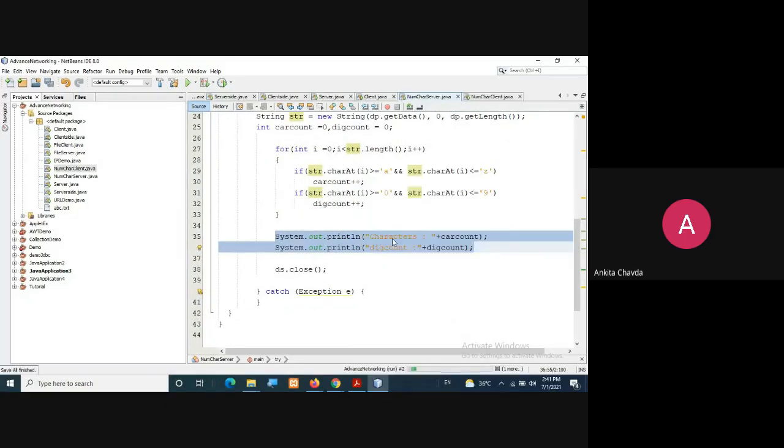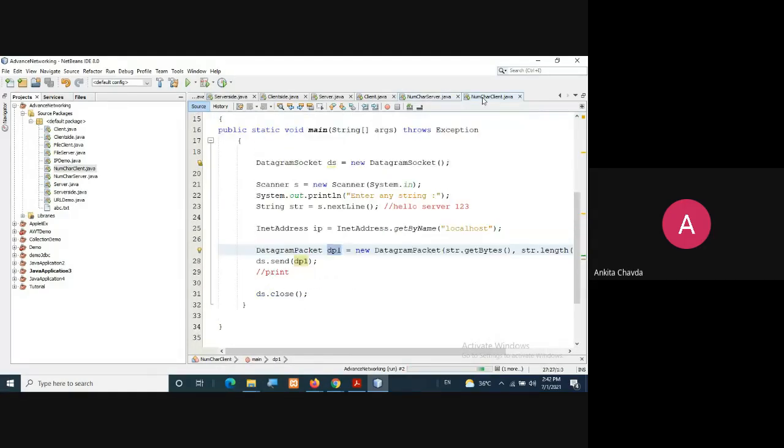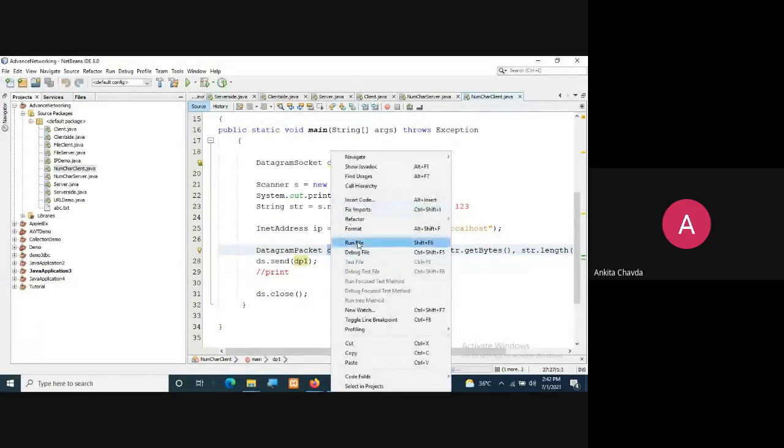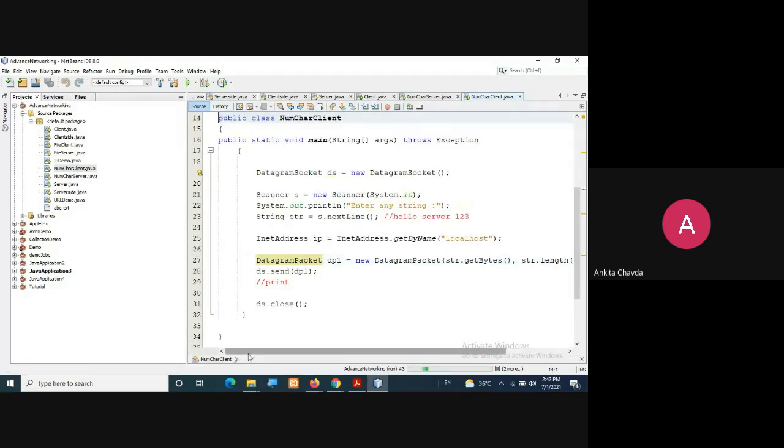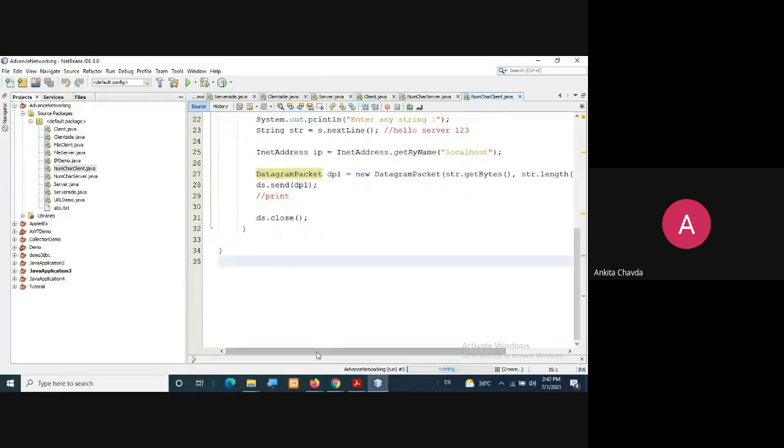I'll run the file. I'll run the server first. It will take some time. Wait for a while.